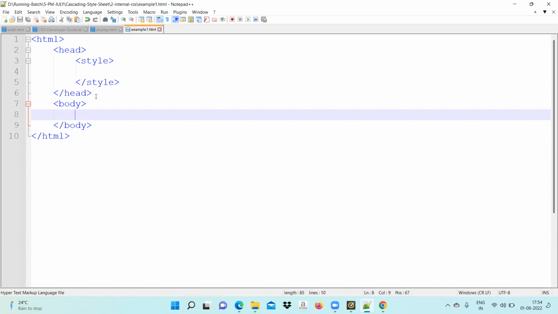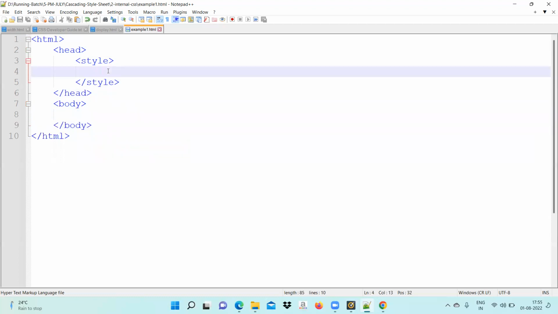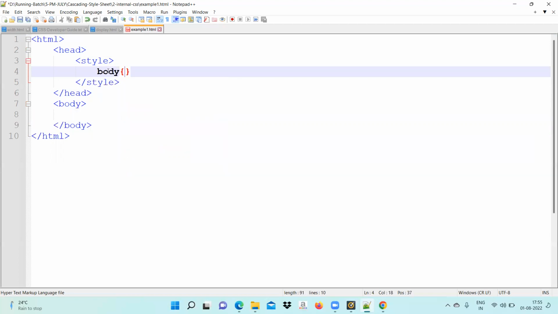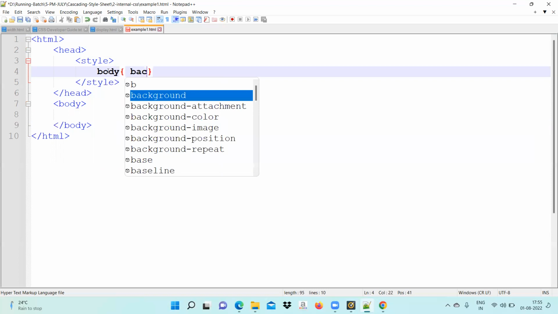Now under the body, we want to write some CSS for the body tag. So what will we do for that? We'll go here under the style block and we will use the body tag. And for that, we can write